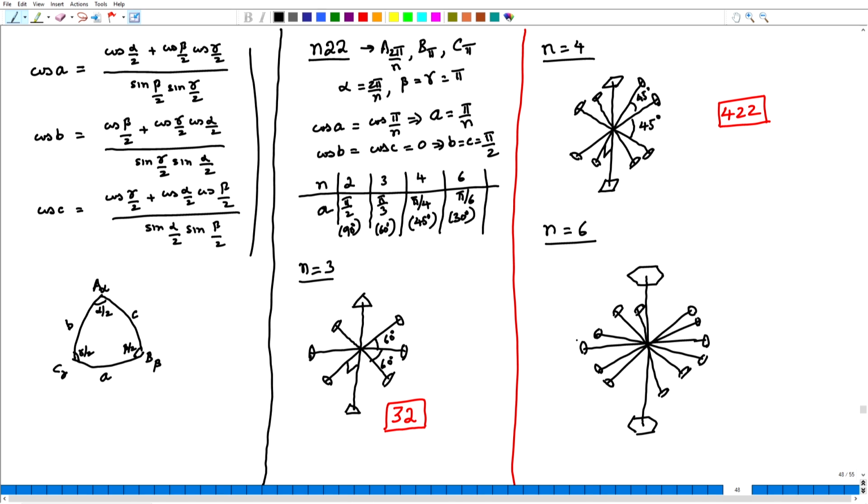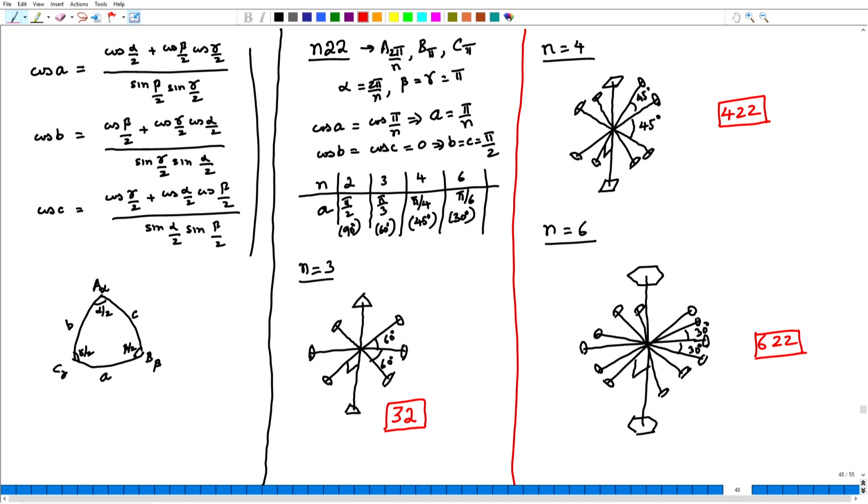Okay, this is a rough diagram in which the two-folds are again at 90 degrees to the six-fold, while the angles between the two-folds are 30 degrees. And this particular point group we can give the notation 6 2 2. So, these are some of the axial point groups in which only rotations are involved. Let us now try a different combination.